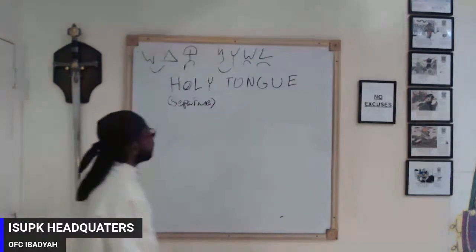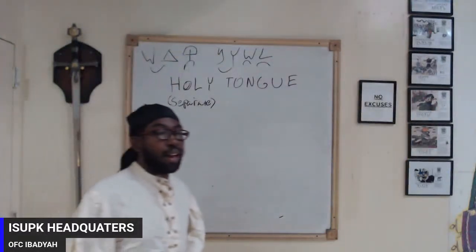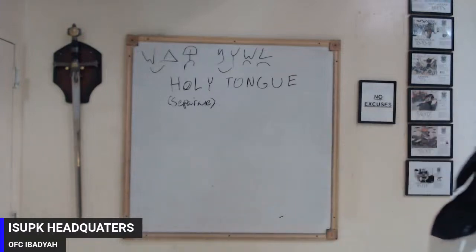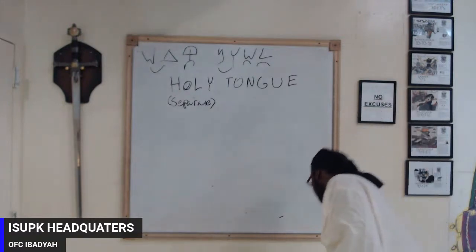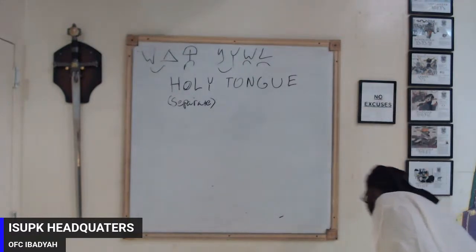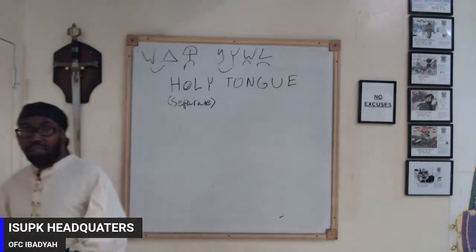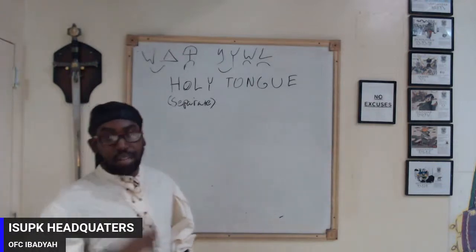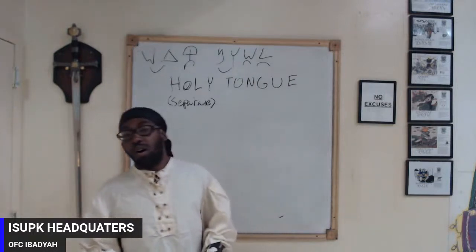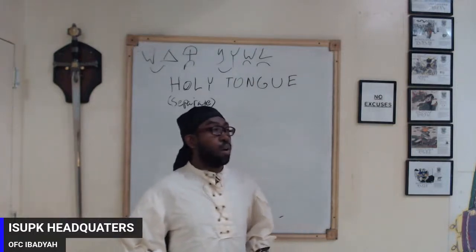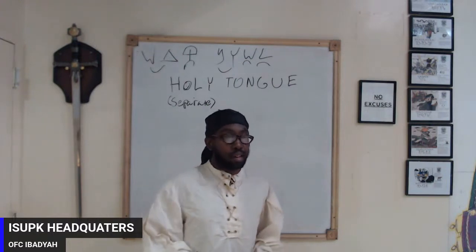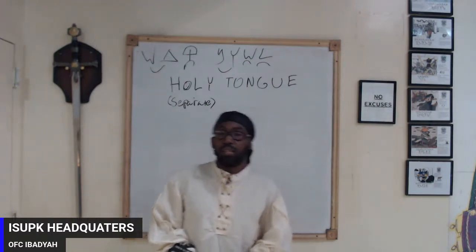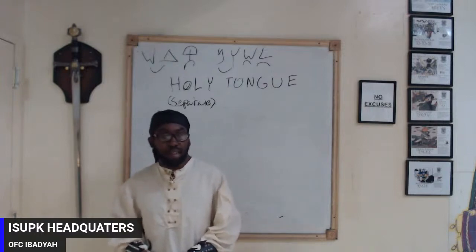Okay, tonight we're going to cover two things that you see, Leviticus 23 and how to say the cadences inside of the Israelite School of Universal Practical Knowledge. Okay, so first thing we're going to do, as I was telling the brother before we started class, we try to keep this class at a beginner level so that brothers all over who are just getting in and starting to learn can learn. Also, we all try to make sure to help brothers that are a little more ahead in preparing for their officers test and making sure they have the things they need. Right? So obviously, since we cover beginners,